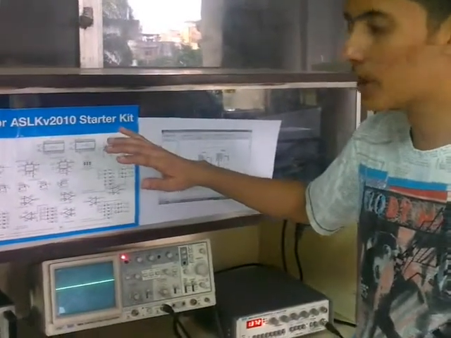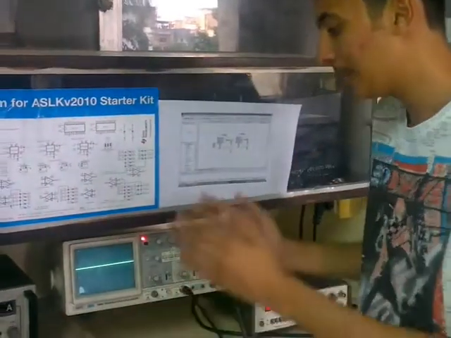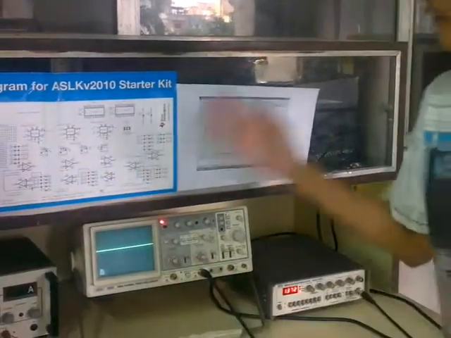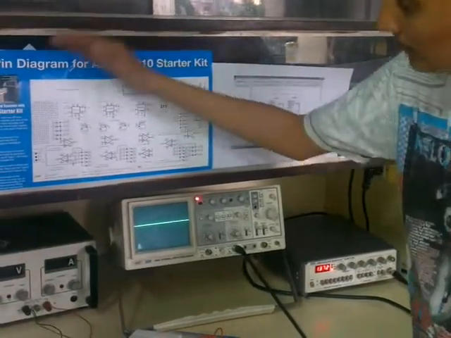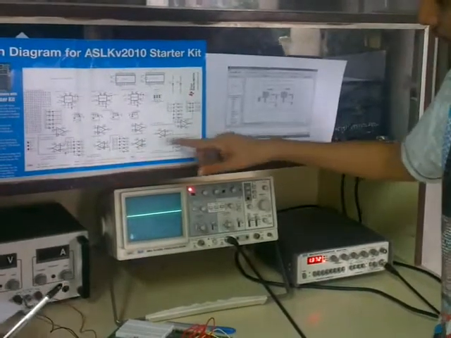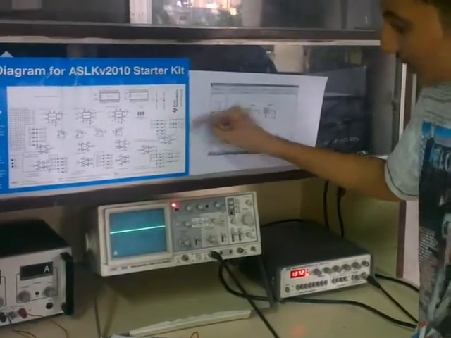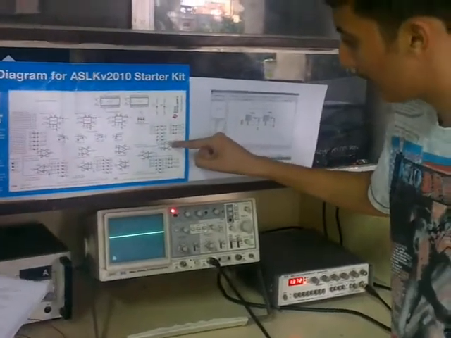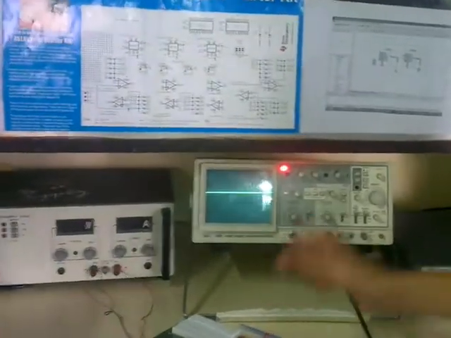Our difficulties were basically of two types. First one, to understand the pin diagram and then to implement it on the hardware. We went step by step. We first went into the understanding of the pin diagram. We then went into the understanding of the operation of TL082 op-amps. We studied the working of TL082 op-amps. We then implemented the inverting and non-inverting configurations of TL082 op-amps on the hardware.